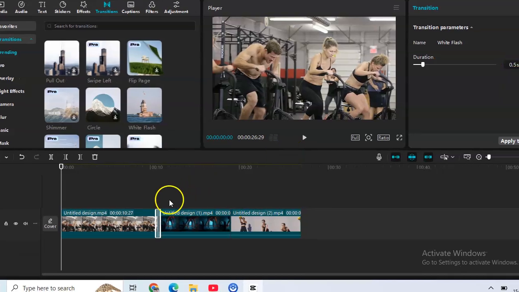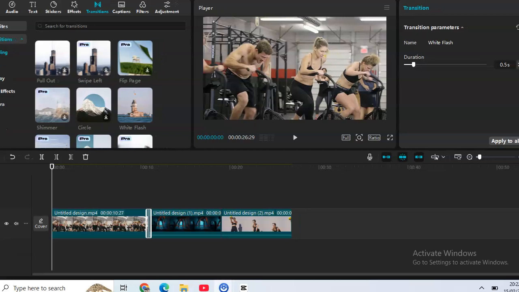And here you can also change the duration of the transition. If you see here in the right side, the duration is half seconds. If you want to increase it, just here you can increase it, for example, to 2 seconds. Okay, and then